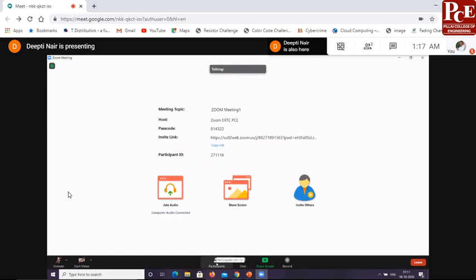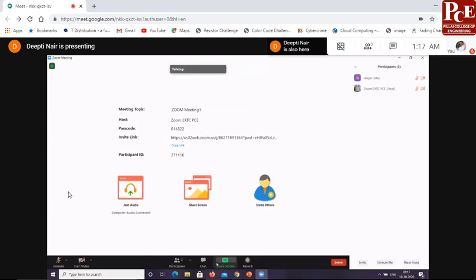First, let us go to participants. The moment you click it, you can see the list of participants who are present in the meeting. Now here if you see, Zoom EXTC PCE is the host of the meeting. Now host is a person who has scheduled the meeting and they have the full permission to manage the meeting.